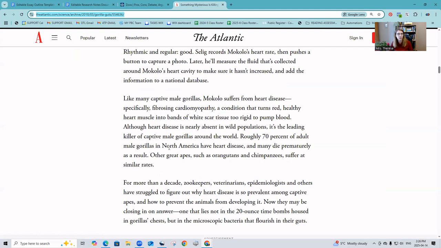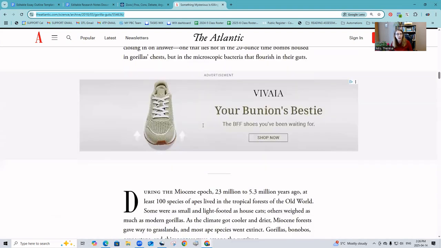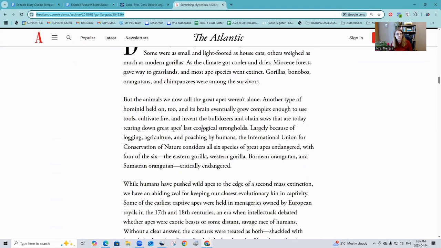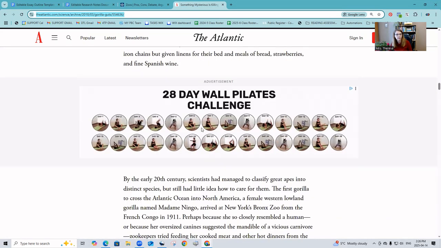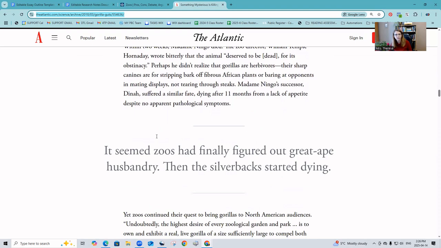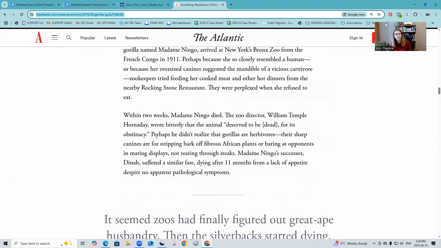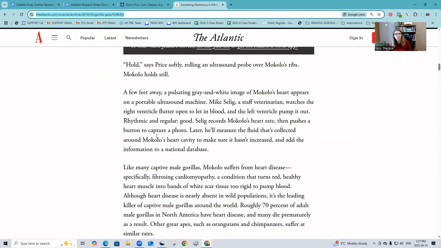Roughly 70% of adult male gorillas in North America have heart disease, may die prematurely. Similar rates in others. And hopefully somewhere it says that it doesn't happen in the wild. Just keep skimming. Maybe it's earlier.